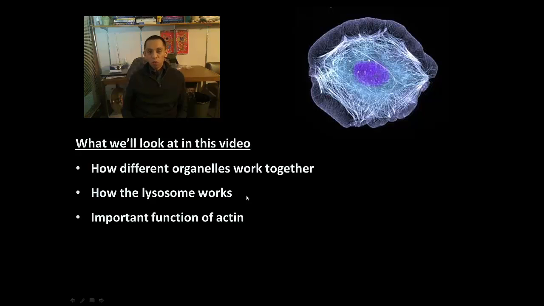After that, we'll focus on one particular organelle, the one called the lysosome. And we'll talk about how the lysosome works and what the function of the lysosome is. And then at the end of this video, we'll take a look at a component of cells called actin and what it does and why it's important to cells. So first we'll start here. We'll take a look at some examples of how different organelles work together. But before looking at that,